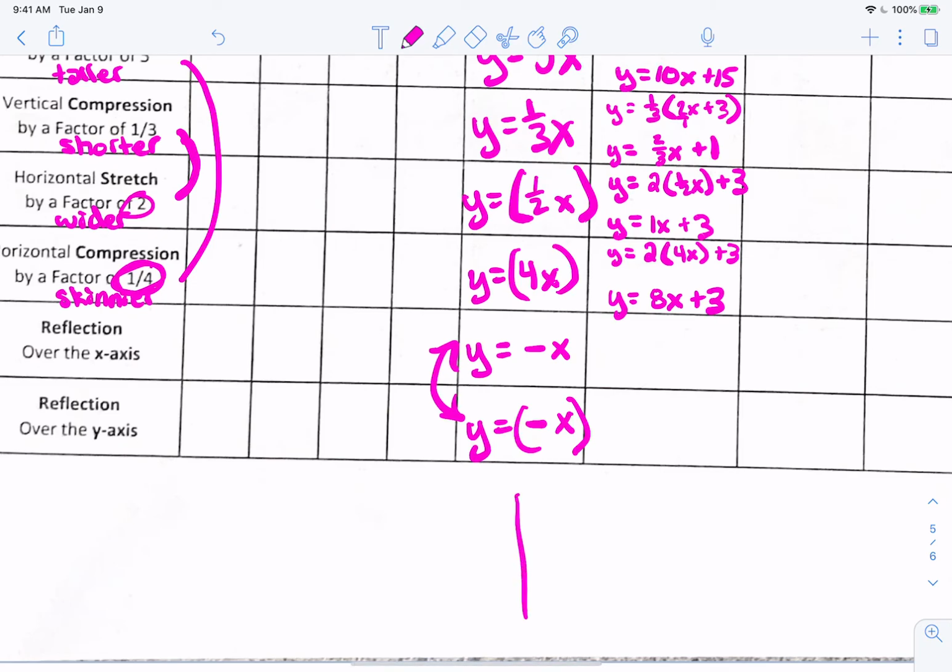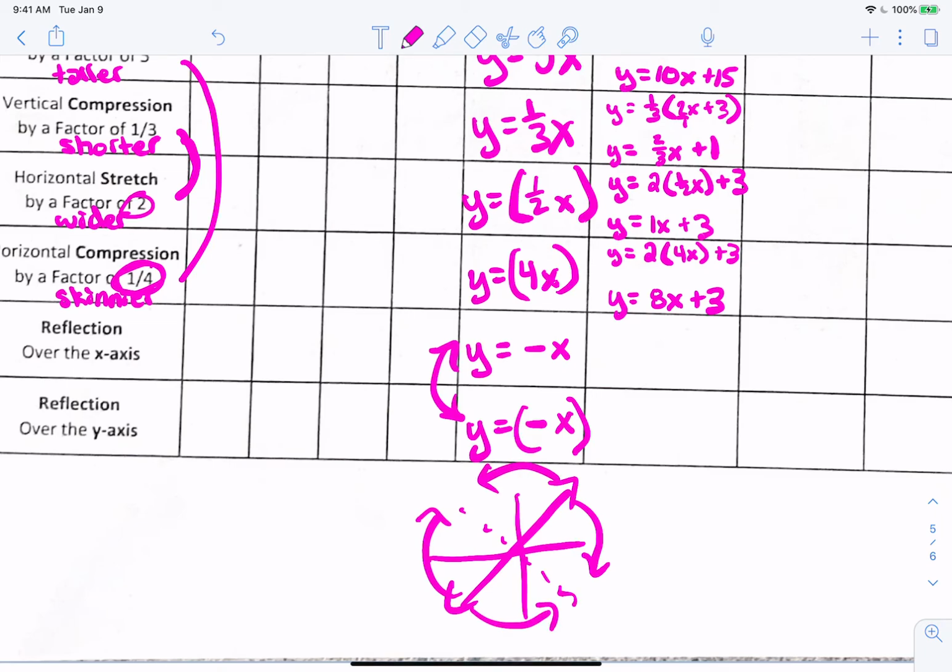If I have a linear function like this, and I reflect it over the x-axis, which does this to it, isn't that the same thing as reflecting it over the y-axis? Yes, but if I start with 2x plus 3, this function, is it going to be the same? No. So a reflection over the x-axis is going to make the whole thing negative, like this. Okay? Which if I rewrite is negative 2x minus 3